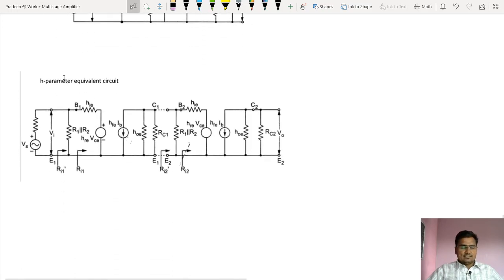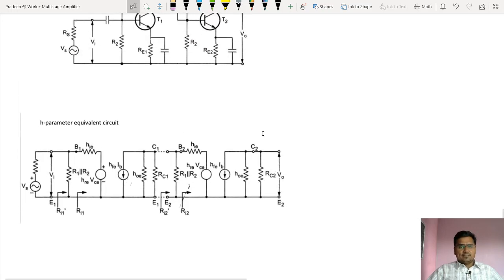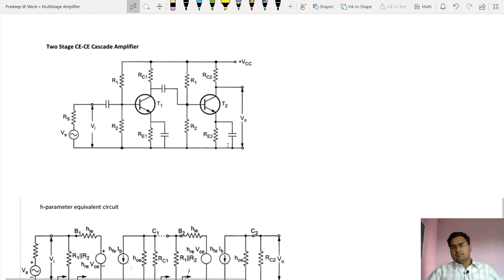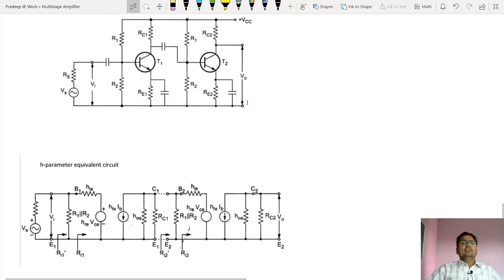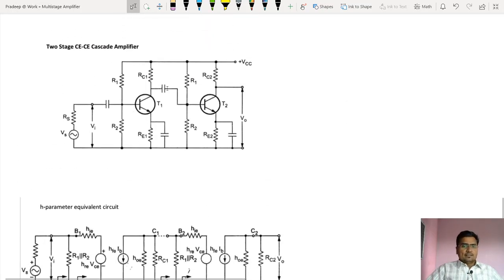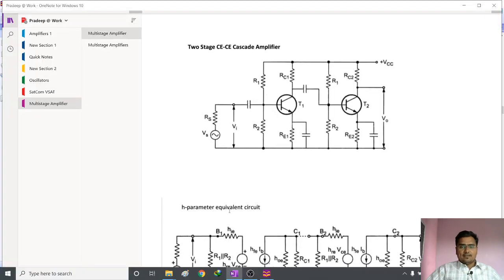Now look at this. This is H parameter. Okay, we'll discuss that, H parameters and analysis of two-stage RC coupled amplifier. See, intentionally I'm saying that I'm going to analyze RC coupled amplifier, not the direct coupled, not even the transformer coupled. So analysis is done for single stage, two stage RC coupled amplifier with the help of H parameters. Is that? So we'll have this in the next lecture probably. So today the coupling methods and the theory about coupling is quite fine. So we'll start this section in the next lecture.